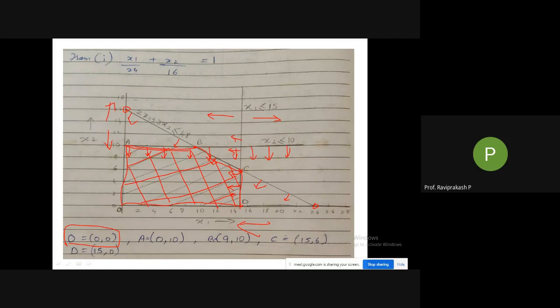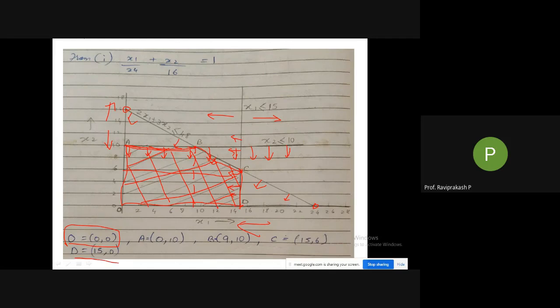For B it is 9, 10. If you draw a straight line here, it will be somewhere between 8 and 9. So this is 9 here, and this is already 10. If you draw a straight line, it is 10. For C, again draw a straight line. You already know it is at 15 here. Then here, if you see, a line is there at 6. So it is 15, 6. And D, you already know where D is. Not this one, here. D is here, so it is only on the x-axis. So it is 15, 0. That will be my D.